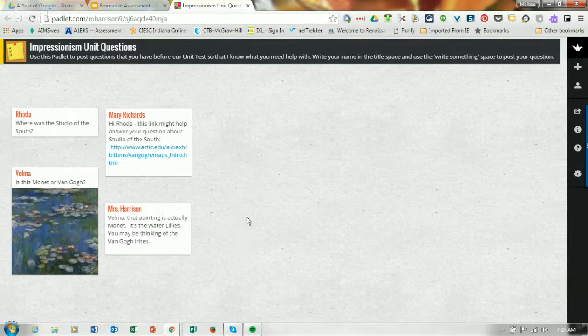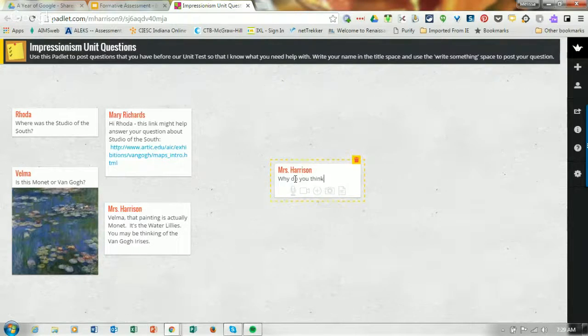But what I like about using the Padlet, it's not just questions. If I double click on here to create a new one, here might be my title, where as the instructions go, I'll put my name, and then in the write something, I'll post something here, and there may be a question about, why do you think Van Gogh